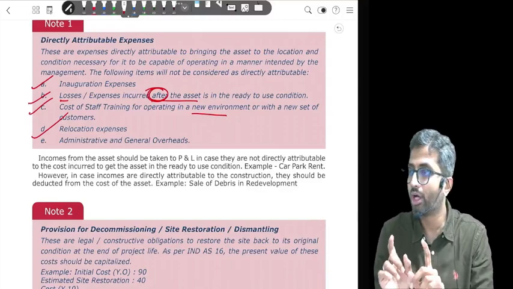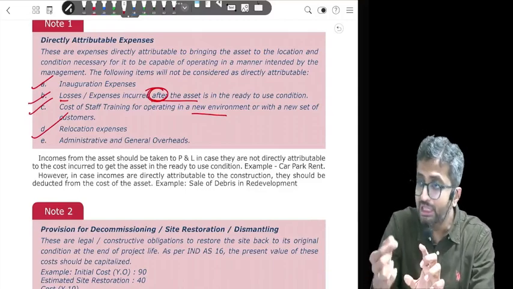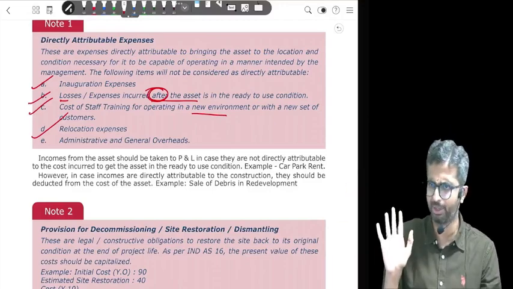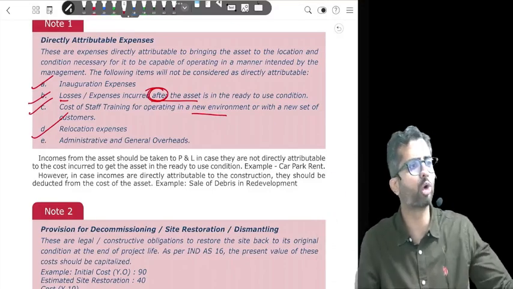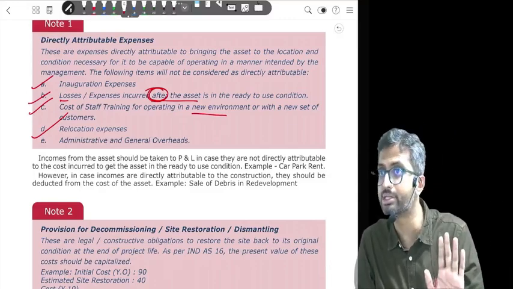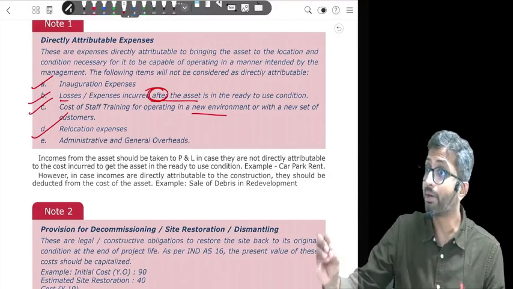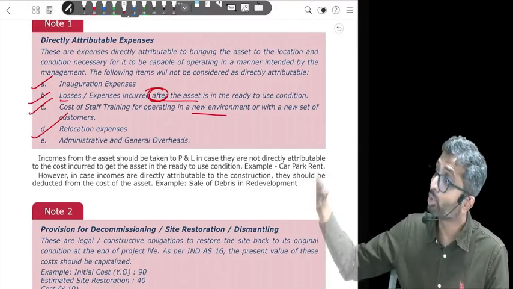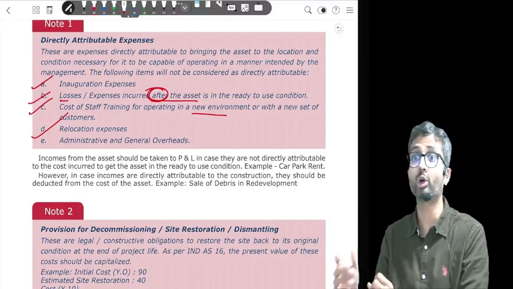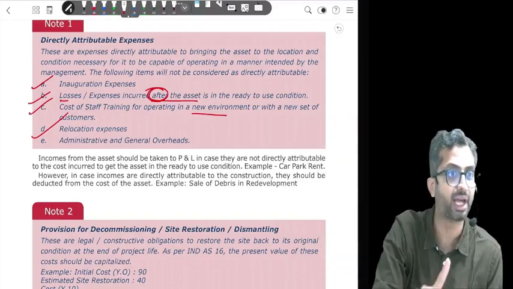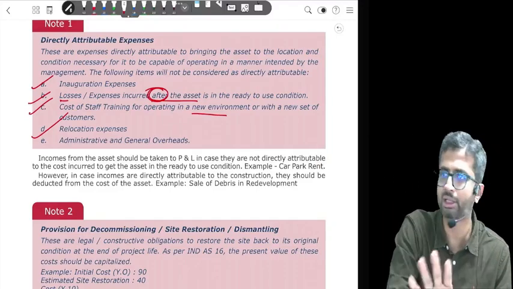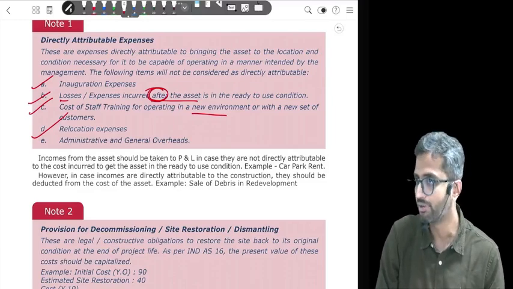It is expenses which are incurred to bring the asset to the location and condition desired by the management, which should initially be capitalized. After that, if you keep on relocating the asset, that subsequent relocation cost should again not be capitalized. Are we clear with this? There might be certain exceptions to this when you go to the subsequent expenditure section, provided you can prove that such a relocation will increase the life and efficiency of the asset. Then in certain cases, as subsequent expenditure, you can capitalize, but other than that you cannot capitalize. Are we clear with this?